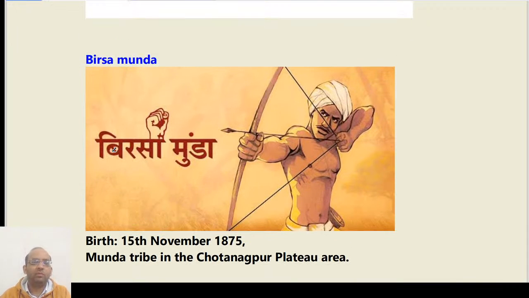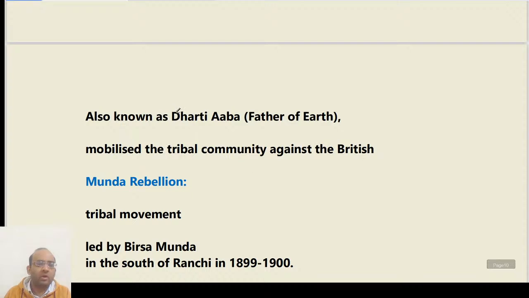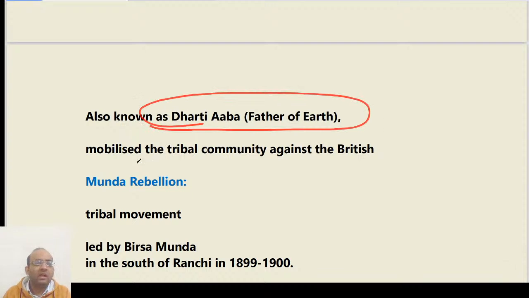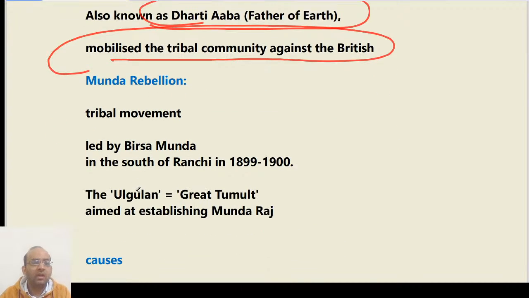Now coming to Birsa Munda. See, his birth was on 15th November 1875 and he belongs to the Munda tribe and he is also known as Dharti Aba, that is, father of earth. His relevance is that he acted as a leader of tribals and mobilized the tribal community against the Britishers. Why did he do it? Because